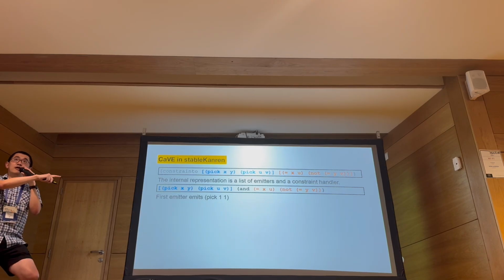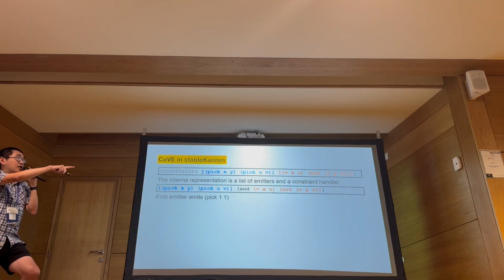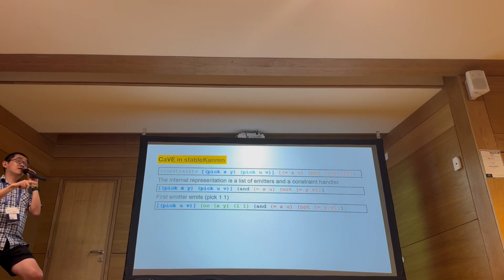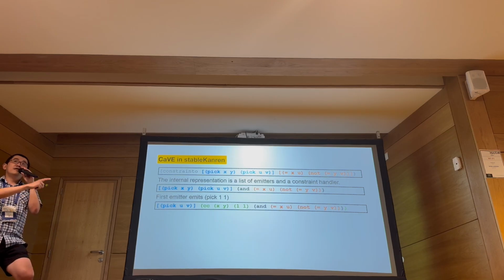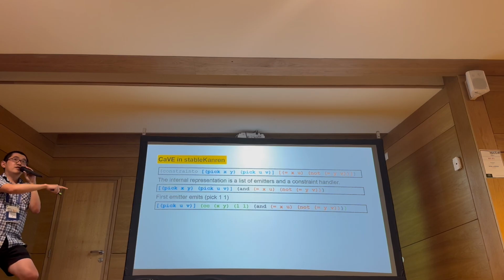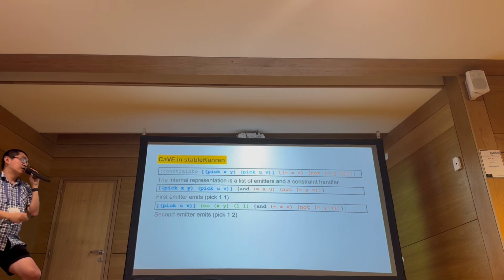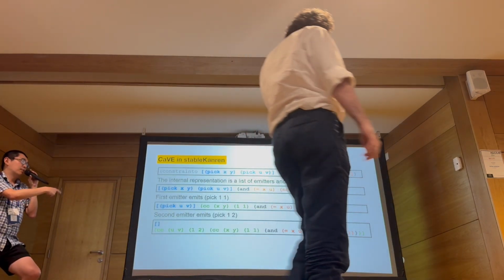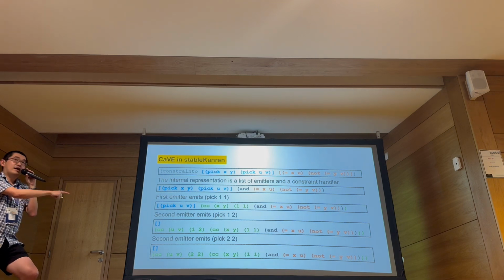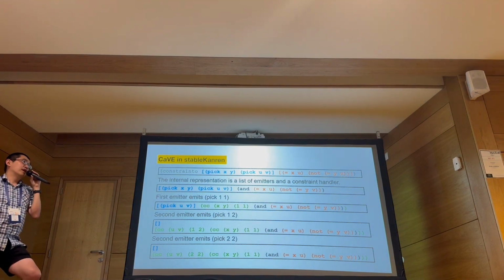It will emit the truth values and the symbols. The other part is the constraint handlers. So first, if we emit peak 1, 1, now the emitter list will get shorter. Then we have 1 there now. And the CC is the constraint constructor we just created. We can call CC x y with 1, 1, updating the constraint handler. And eventually, when it becomes an empty list, we get a result. Okay, that's another case for the running times.